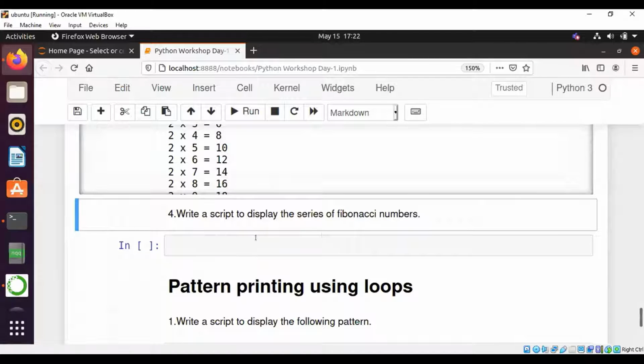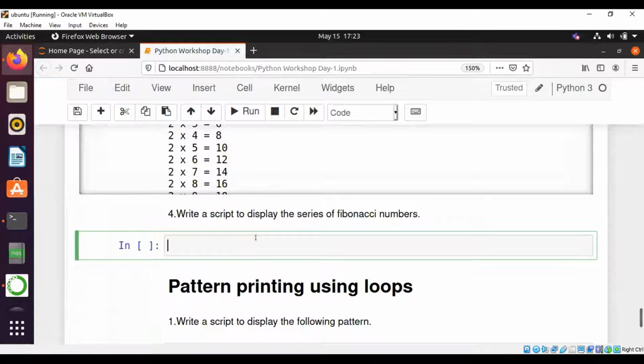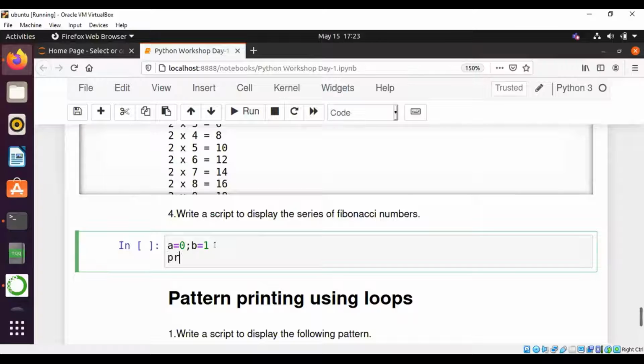Let's see how the Fibonacci series will be printed. Let's take a is equal to 0, b is equal to 1. As we are printing in the same line, we must separate with a space. Let's print first these two numbers, a and b.